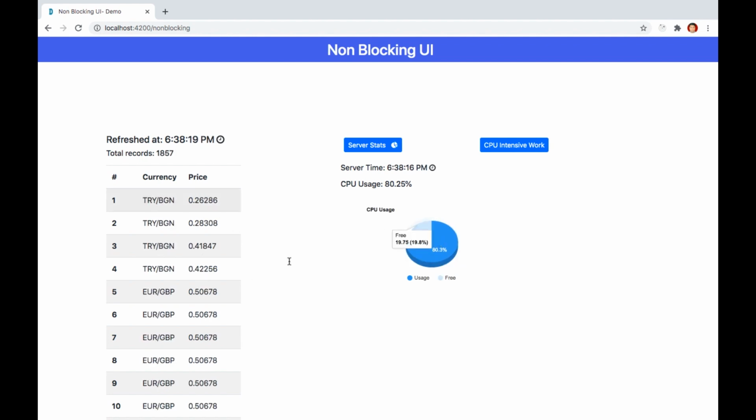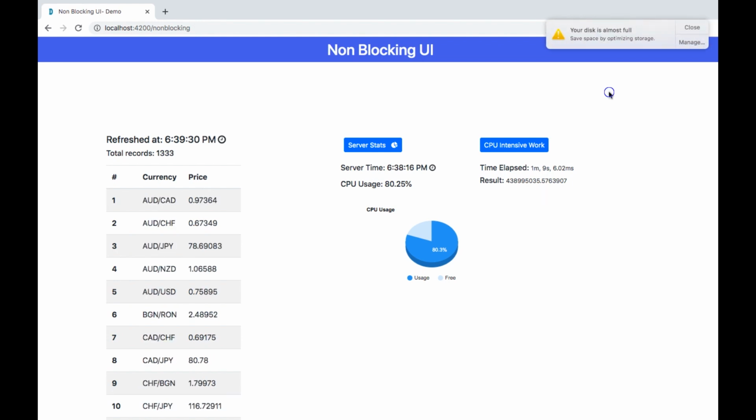Even the grid is refreshing. So wow, the main thread is not blocked and the UI is updating. I can hover on the chart even. This is great. User experience has improved to a great extent. Okay, let's confirm if the application has started new threads or not. But before that, let's wait for the CPU intensive work result, and then we'll jump into the developer tool. Okay, so we got the result in 1 minute 9 seconds.